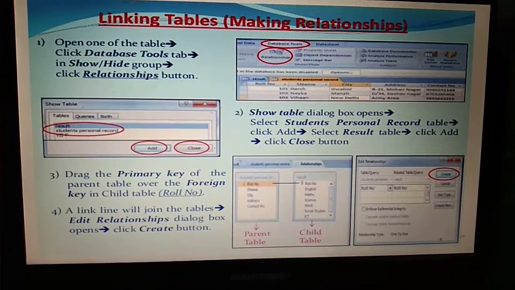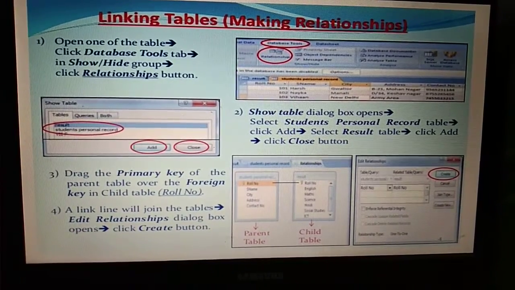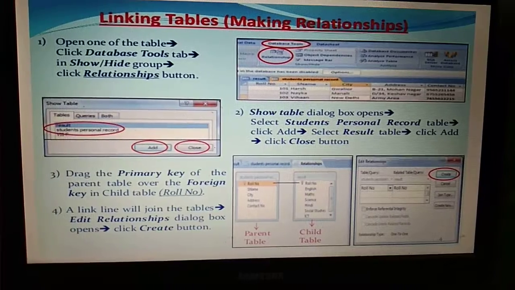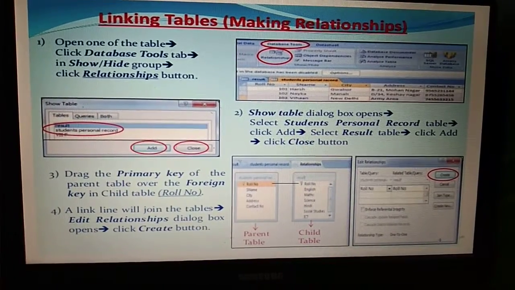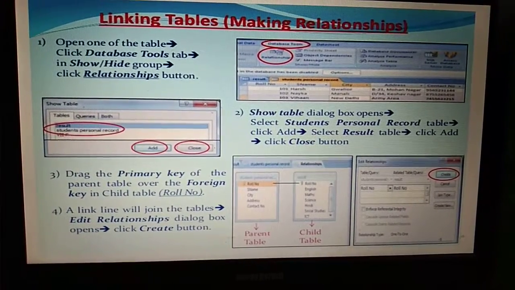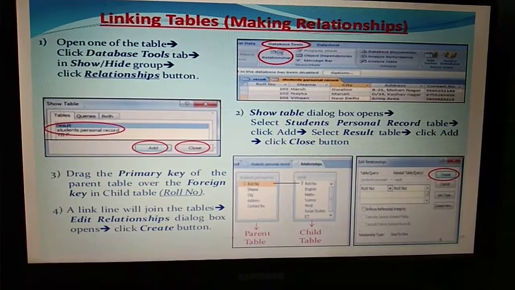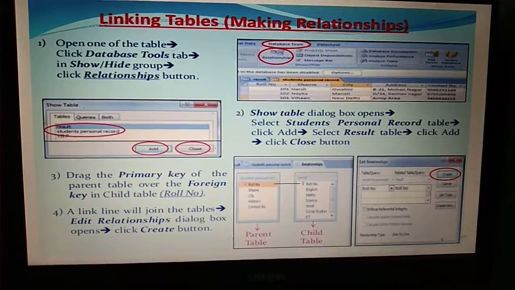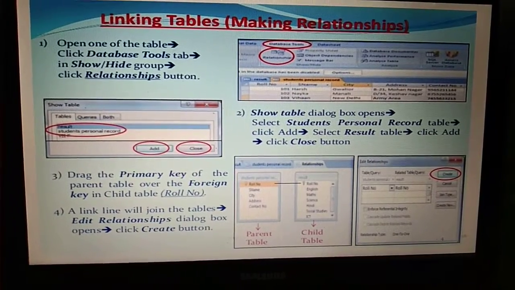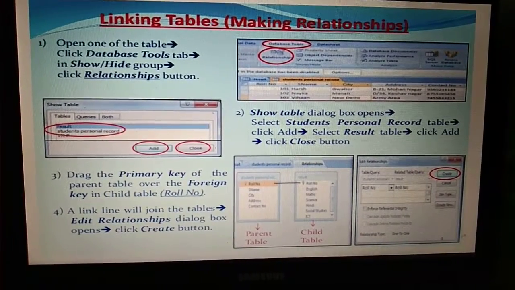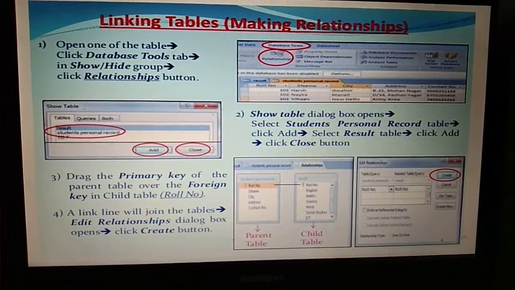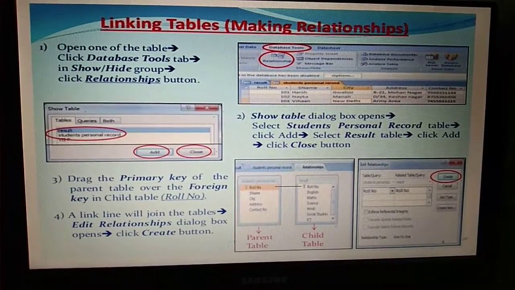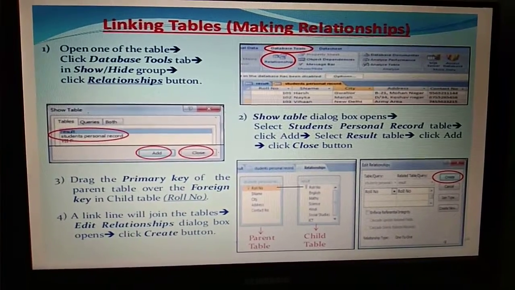Here we are talking about two tables, the student's record table and the result table. So this is how you can make a relationship between different tables. Here we use two types of keys, primary keys and foreign keys. After getting the relationship, the primary key can be converted into a foreign key.